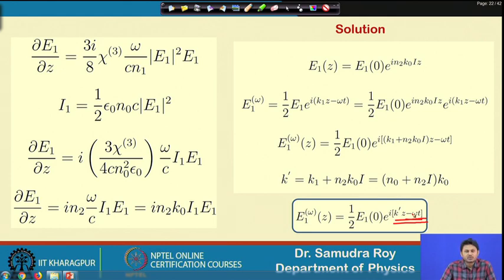So, today we would like to conclude our class. Today we learned about self phase modulation, and for self phase modulation we find that if an electric field is launched in a system which has a Kerr nonlinearity, its phase is going to evolve, and because of the evolution of the phase, the propagation constant k is now changed. Previously it was k, right now it is k plus some term, and this extra term is coming because of this nonlinear refractive index change.